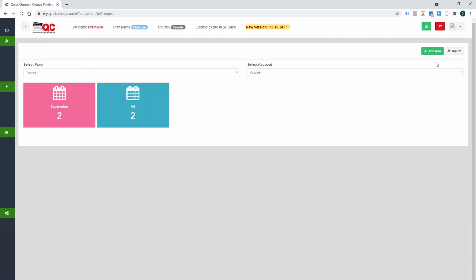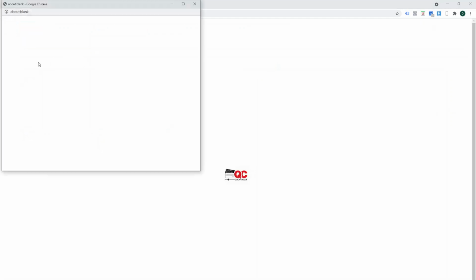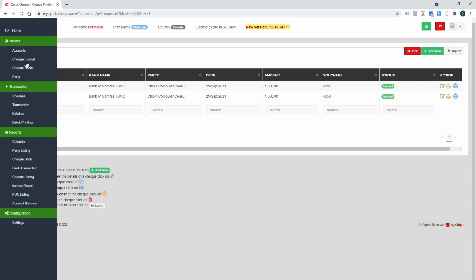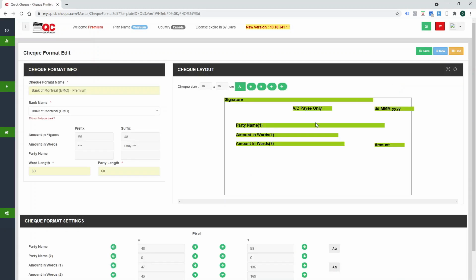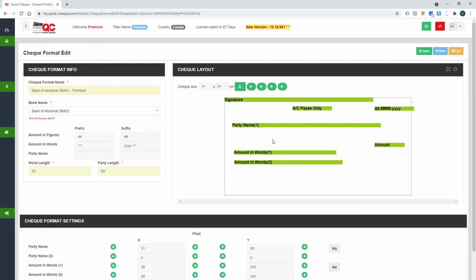So let's say my check did not print correctly and I ended up adjusting my template. So I will go to my check format screen now. I will select the check format which I have and I will adjust the fields depending on where it printed. So if it printed towards the right, I can go ahead and move it towards the left. If it is printing the amount in words, one field needs to be up, I can move it up. I can move it left, I can move it right. Whichever location I want it to be printed, I can go ahead and adjust the fields there.